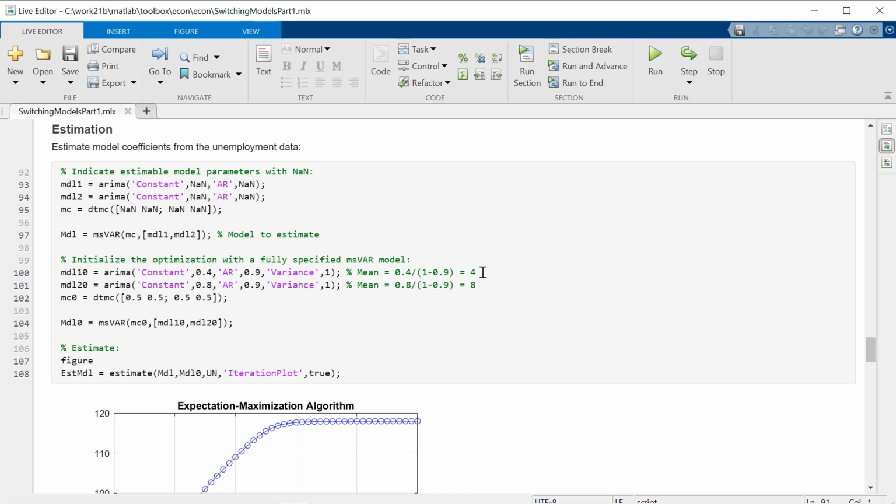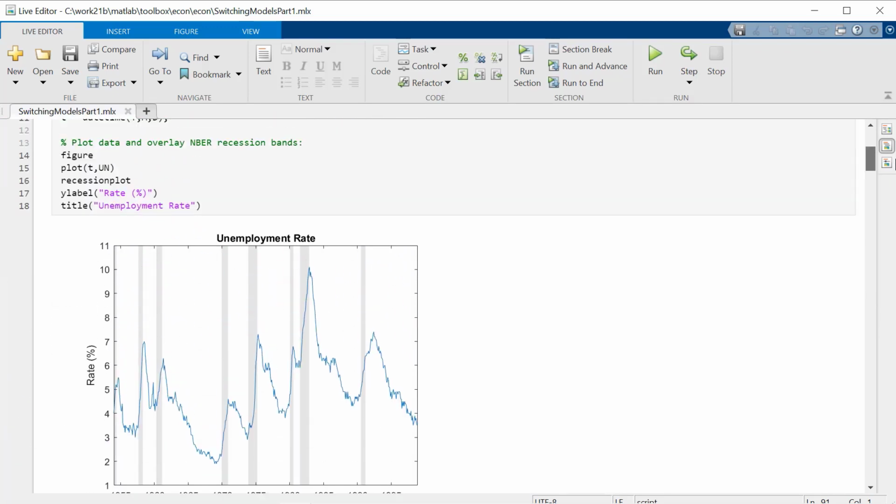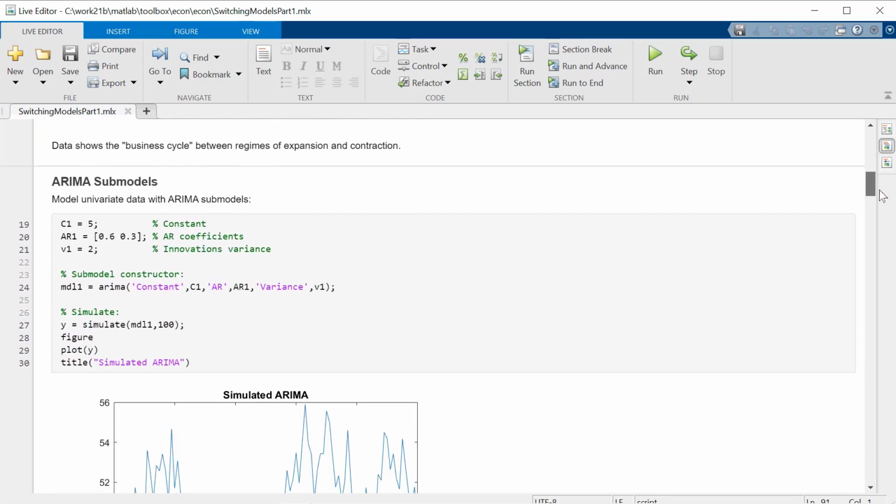So we're just saying, let's specify a starting point where the mean is 4 and a starting point in the second state where the mean is 8. That's consistent with the unemployment data that we are trying to fit originally here. Notice that the rates are going between 4 and 8 in terms of means. Those are reasonable starting points in terms of the data.